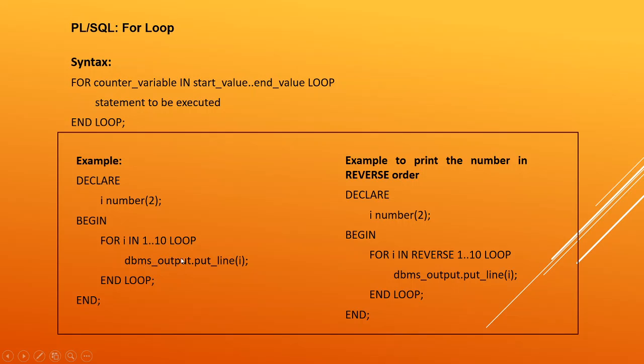Again we write a loop. So in the second example, if you want to print the numbers in reverse order, I'll write the range from 1 to 10, but this time I say reverse. So I first gets initialized to 10, and then every time the loop runs, the value of I gets decremented. In such a way we'll get our desired output, which is what we want to print in the reverse order.